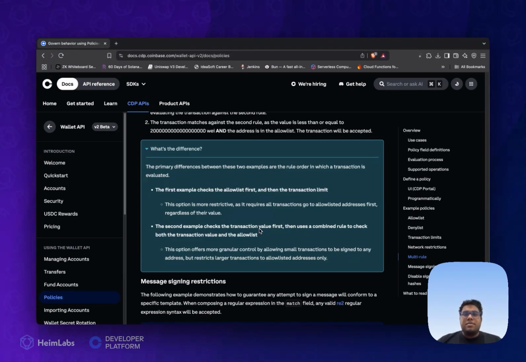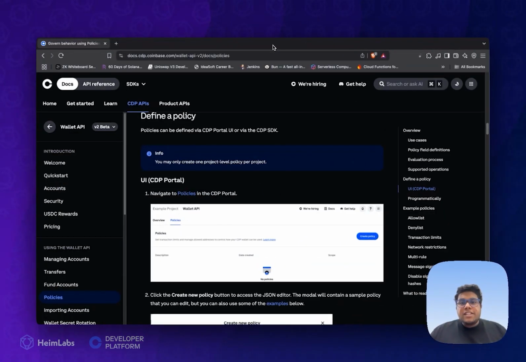So the major difference that comes here is the order that the rules are specified with, and the policy engine would apply all of these rules based on the order itself. Managing your policies efficiently involves two primary approaches, each suited for different tasks and is governed by a crucial set of security principles that you must follow.